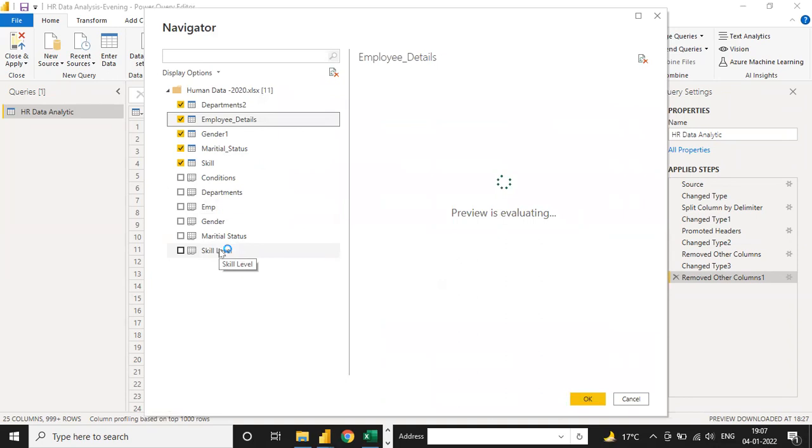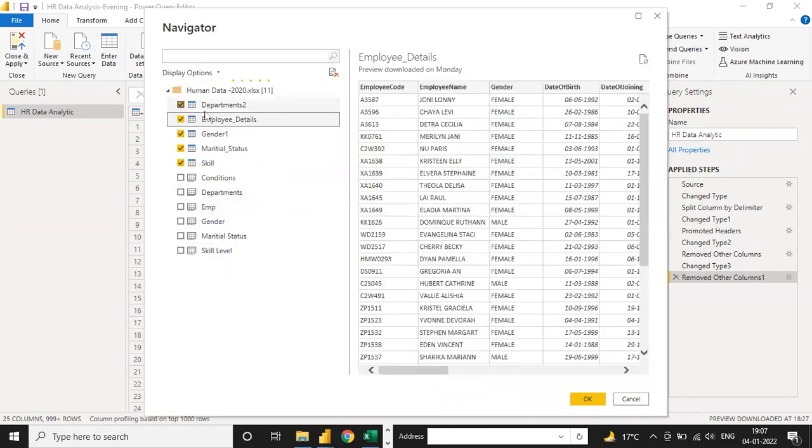The reason behind this: if you select the table, only the table data will be shown in your Power BI report. But if you select the complete sheet, it will be larger data. Suppose your data has just 20 columns, but the value will depend on the complete sheet you have selected, so it will take some larger values or blank values. Sometimes it will give you an error, but if you select the table, it does not give you the error. That's the reason we always select the tabular format of the sheet.